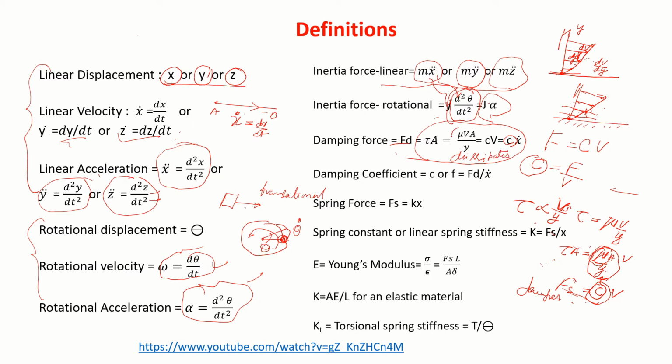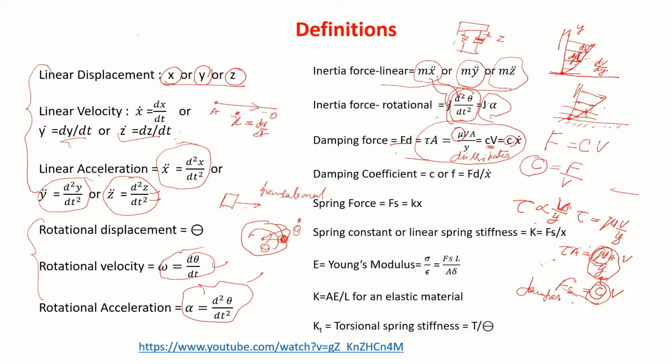So basically, it all happens because of the viscosity of the oil. Okay. So damping force is damping coefficient into velocity. That means to say, suppose I have a mass and I have a spring and I have a dash pot here. So which velocity am I talking about? Suppose this mass has a displacement z, and this rod will have a velocity, say, z dot. I am talking about this plunger velocity, right?